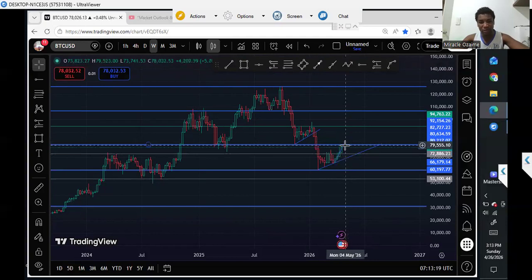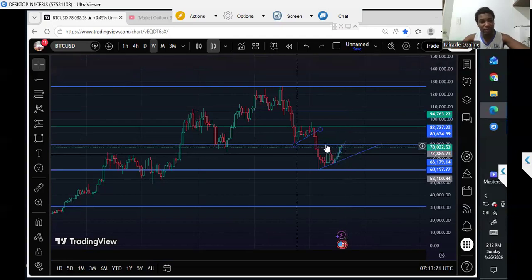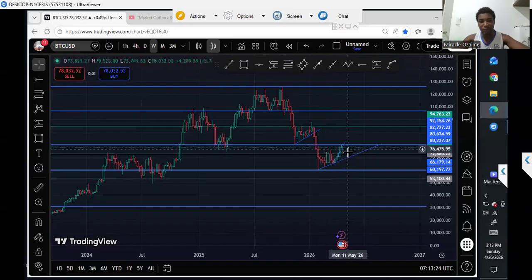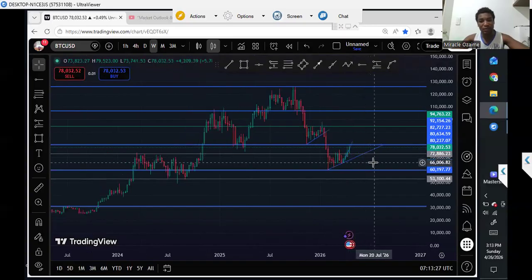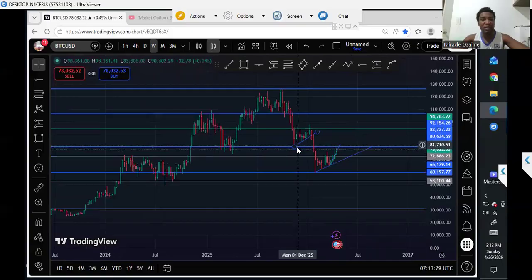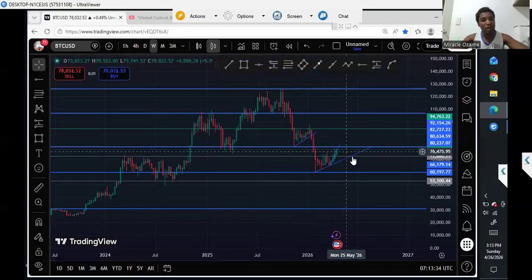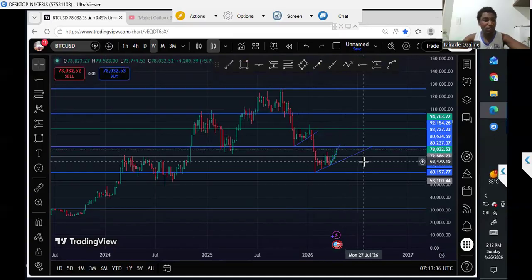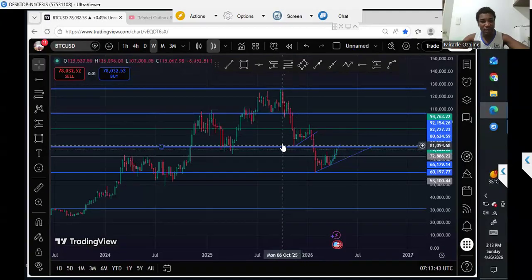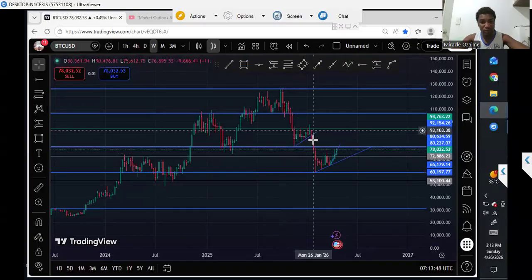I don't know what BTC is doing, but this place is a very important level that the market could project from. So that's my thought on BTC as of the moment. It's possible that it might reject here, but it's not certain that it's going to reject. So for now, BTC is still looking very bullish. I'm not seeing this as just a minor level that could push the market downwards, because this is also a structural level. So BTC, I will be waiting to see what the market is going to do at this